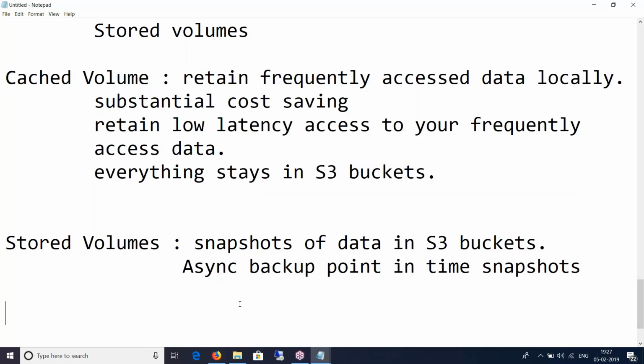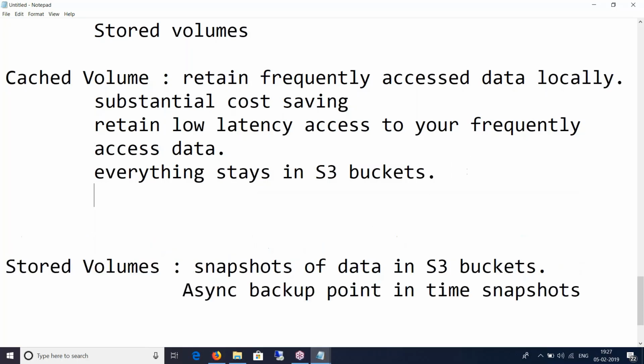So, Anand, what is the practical application of a cached volume? Increasing the performance of on-premise applications. If I got applications on-premise, I would go ahead and cache the frequently accessed data. I will have analytics running. If you heard of Google Analytics, then I will have one of those analytical applications, or Azure Analytics.